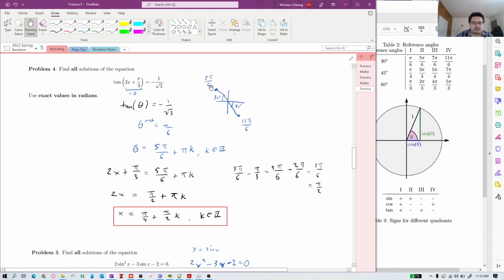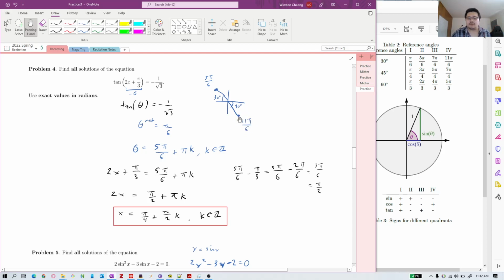And so these two are like representatives for the infinite families of solutions, right? You can then tack on a plus 2 pi k to both of these. But you can also do one other more slick thing, which is to realize that there's a symmetry that you can exploit here. If I go from the 5 pi over 6, I can rotate by 180 degrees, I can add pi to that, and I'm going to end up at